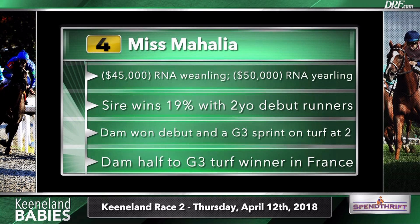Yeah, honestly, I think the turf is probably what turned people off a bit in this commercial market. Out of a Southern Halo mare, of course, Southern Halo is the sire of horses like More Than Ready, family of a lot of group performers in Europe. I think the Uncle Mo's run on anything, a very classy family, but I would maybe watch this one and circle her perhaps on the turf further out. There just aren't turf opportunities at this time of year, and that's probably why this horse is debuting on the